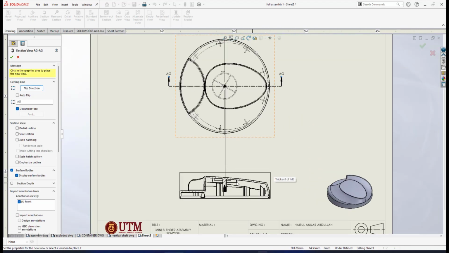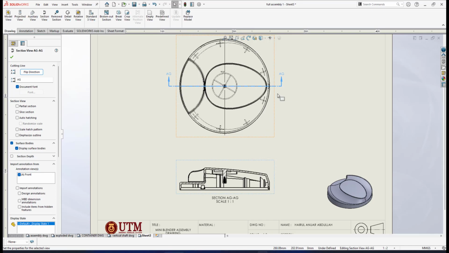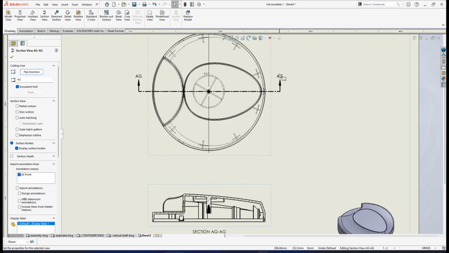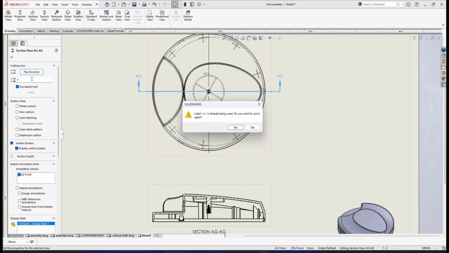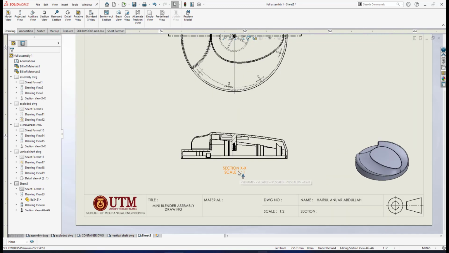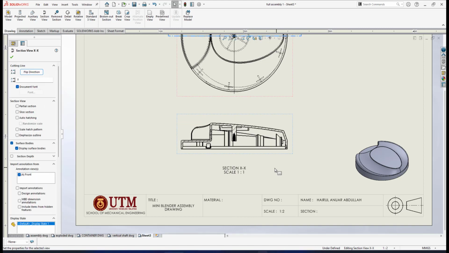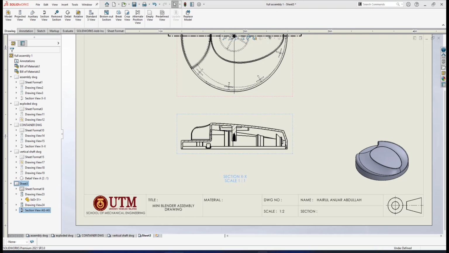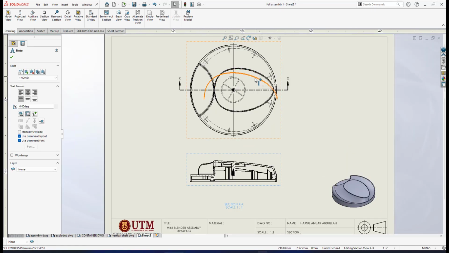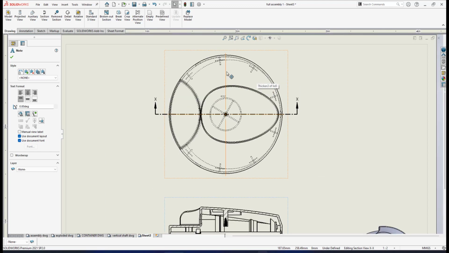and I drag my section view down like this, and make sure the labeling here is X, capital letter. So I have this. Let me drag this down, and this section view, I make it like this. As you can see in the top view, Solidworks has automatically put the center marks there,